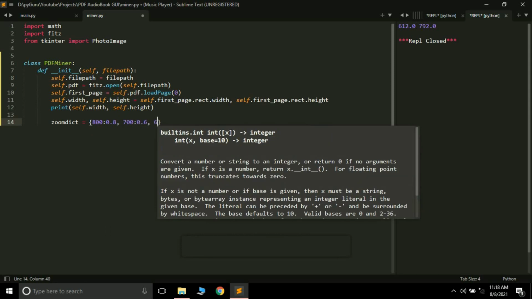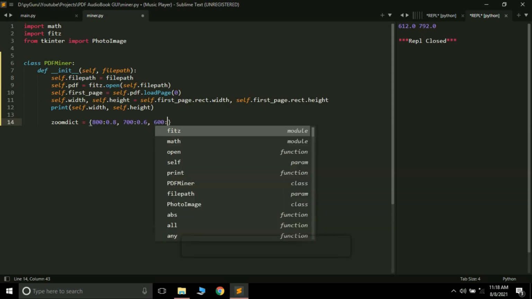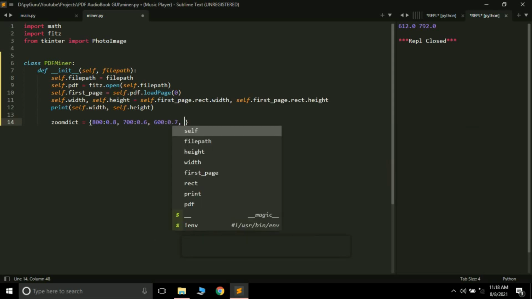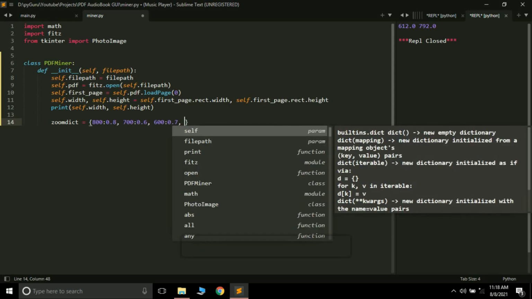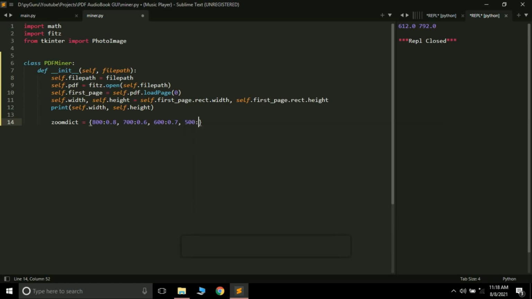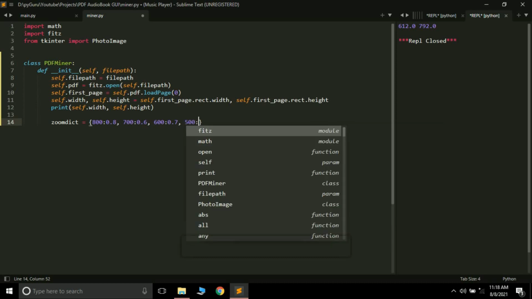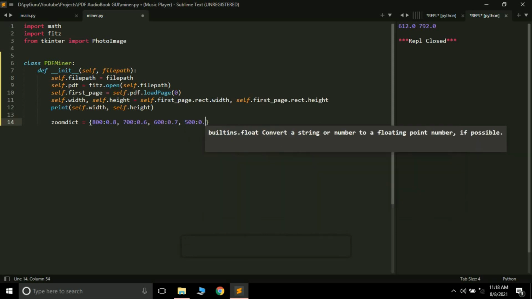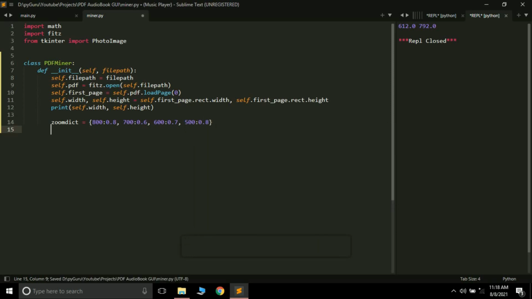If the value is greater than or equal to 600 pixels, we are going to zoom it to 0.7. And if the value is greater than around 500, we are going to zoom it to 0.8. See, all the values are less than 1. It means we are just going to shrink the size of our page. That's all and nothing else.